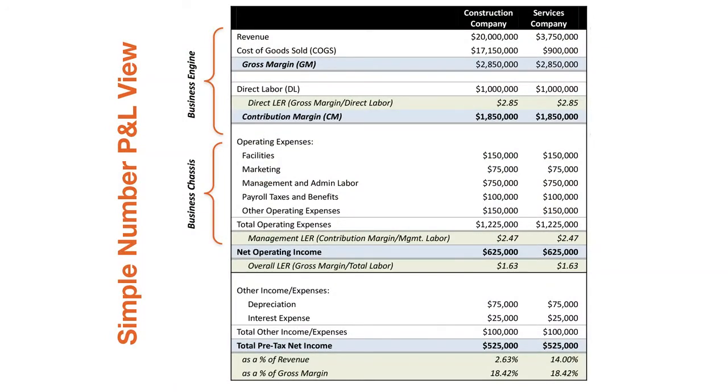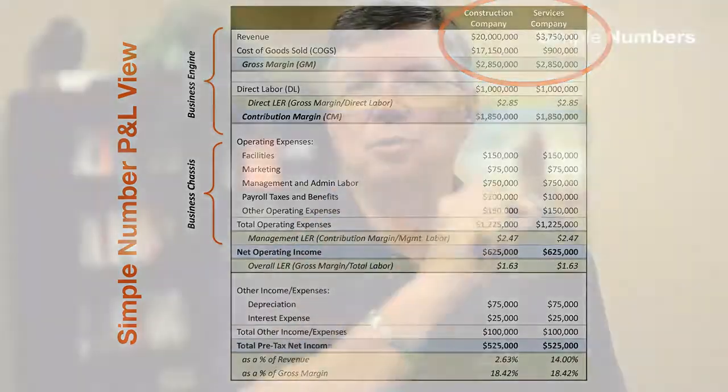And you can see here that I've illustrated it as both companies have exactly the same gross margin. So think about it. You got one company walking around saying, hey, I'm a $20 million business. And you got another company walking around saying, hey, I'm 3.7 million. And the person that makes 3.7 million, even in their own mind, they don't think they're the same as the $20 million business. And yet they are in that regard. So that's really kind of where you start the process.